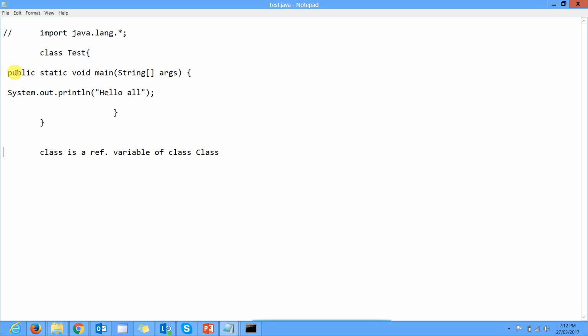Out is a reference variable of the PrintStream class. Then println is a method which belongs to the same class, that means PrintStream. And you can write whatever you want, the hello world or your message, whatever you want to print, you can do that.